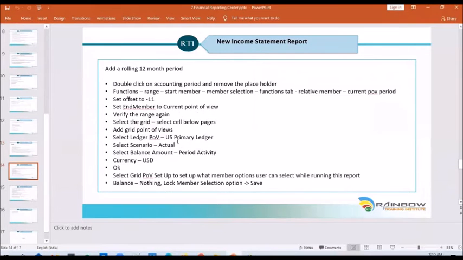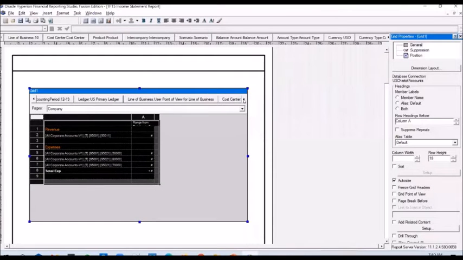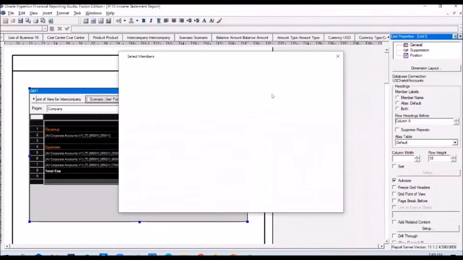And we also probably have to select a couple of default values for a couple more dimensions. Say, for example, if you scroll to the right, for scenario, we can select actual.